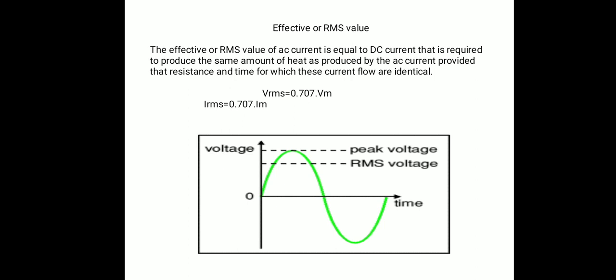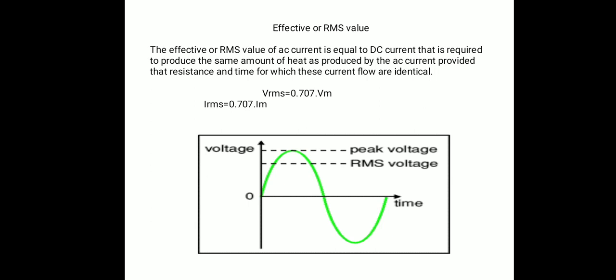So in both cases, if you feed AC voltage of 200 volt and DC voltage of 150 volt, the work done is the same. The water heated in 1 hour is equal, that is 80 degrees Celsius. If the work done is the same for AC as well as DC, then that DC current is equivalent to the 10 ampere AC current. That's why that 7.7 ampere DC current is called the RMS value of AC current.